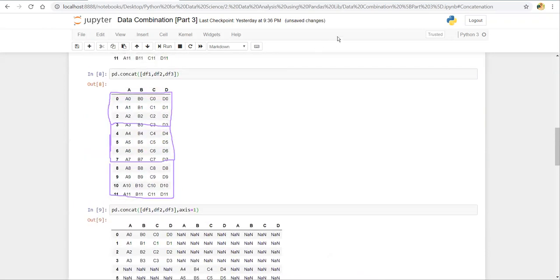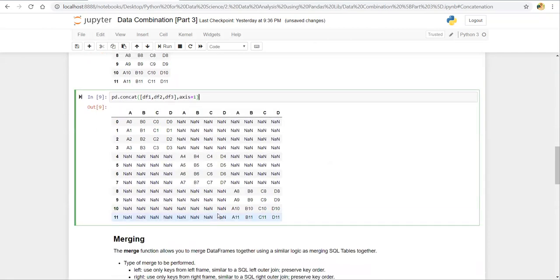So let's clear it. Okay, now you can see that here it concatenated the data frames. This is the output of the df1 data frame, this is the output of the df2 data frame, and this is the output of the df3 data frame.